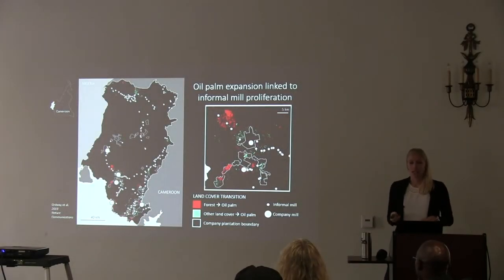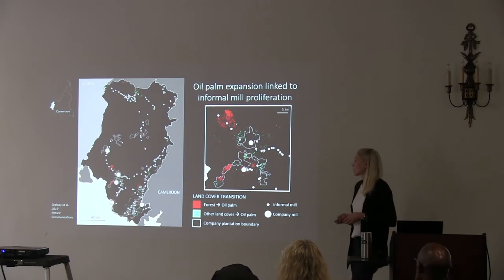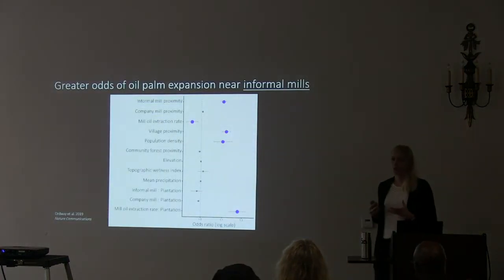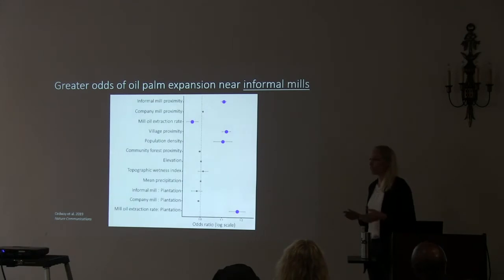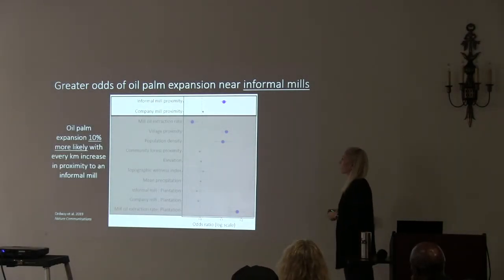And I was interested in looking at the relationship between where these mills are located across the landscape and the expansion that we're seeing, to see if there's any relationship. So now you're seeing those mills dotted across the landscape, with the 5 company mills shown as the largest dots. And I looked at this compared to other things that we know to influence deforestation. I'm just going to focus on the milling variables today to highlight a couple points.